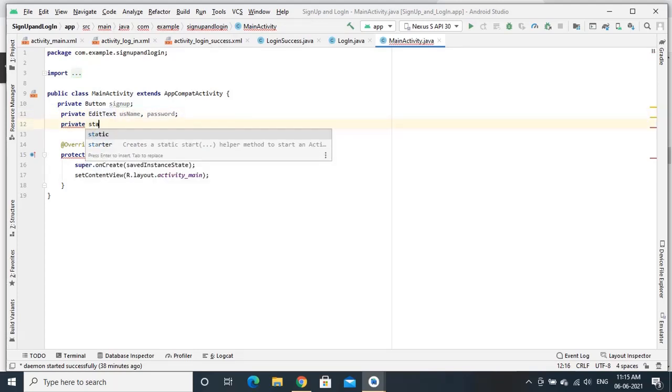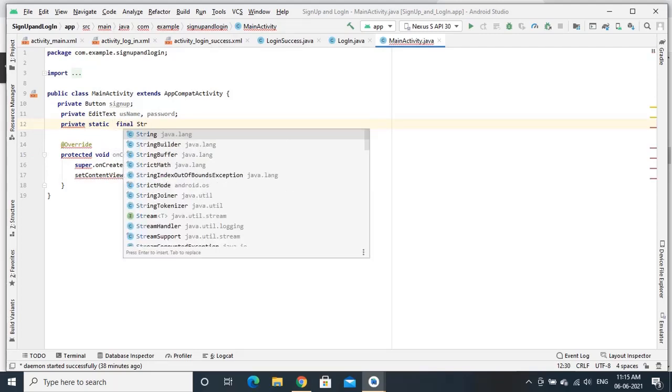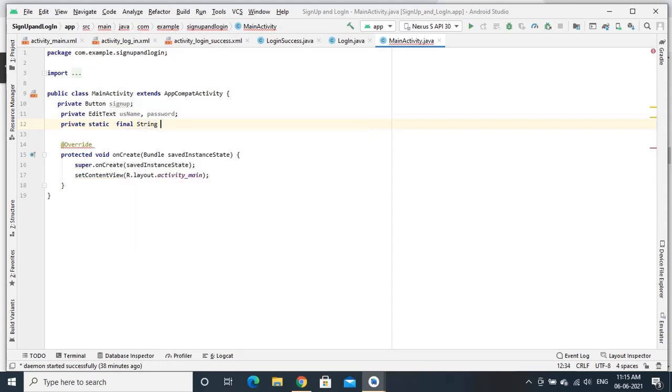I am making it static and final too, and the type is String, and I am giving the name as PASSWORD_PATTERN. And next I need to provide the regular expression as a string value.